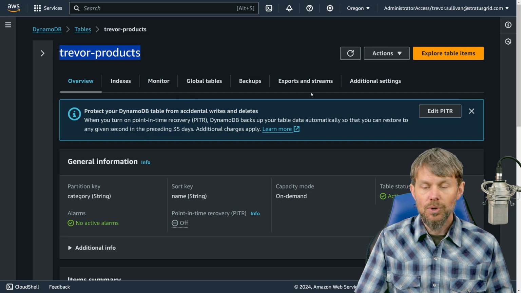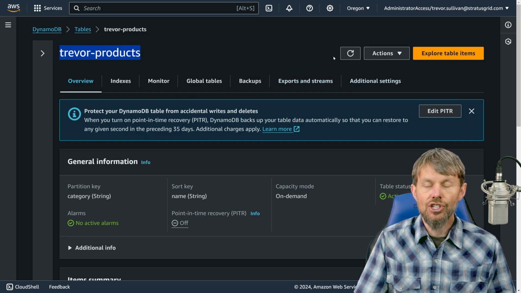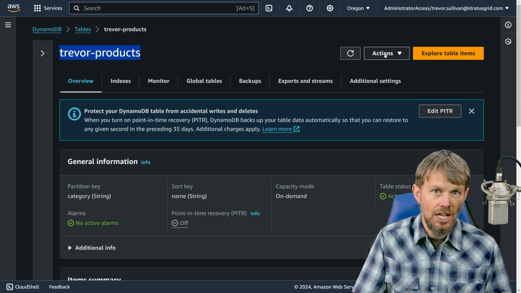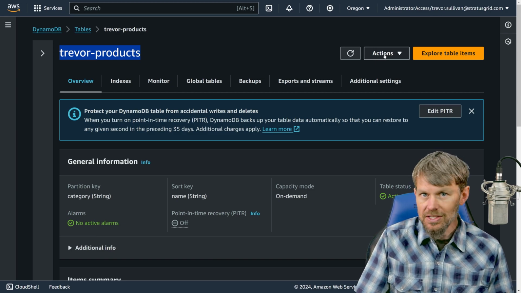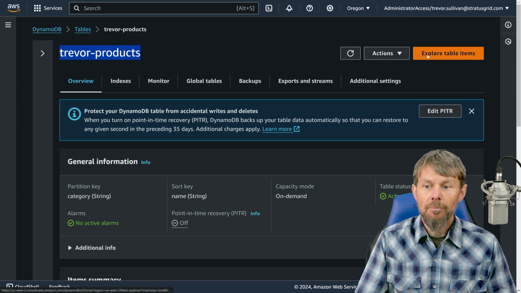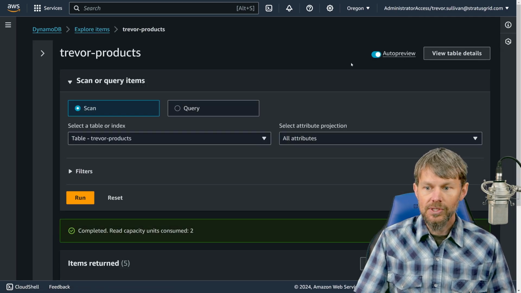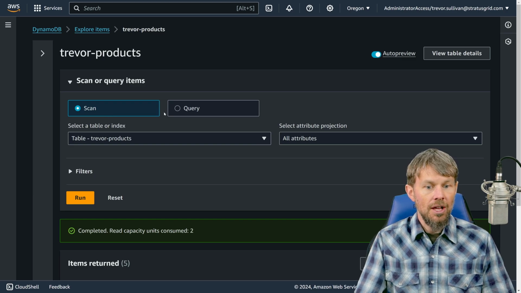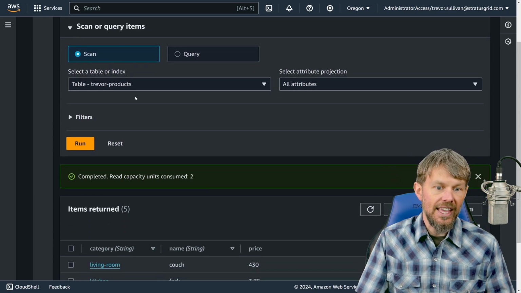And one of the cool things with DynamoDB is that you can go ahead and just create a table or manage tables, like delete tables, change the pricing configuration of them for provisioned IO and that kind of thing. But you can also explore the table items. So that little button right up in the top right corner allows us to go in and actually scan or